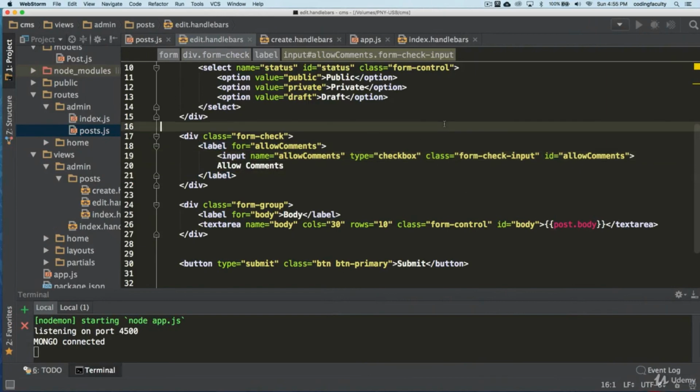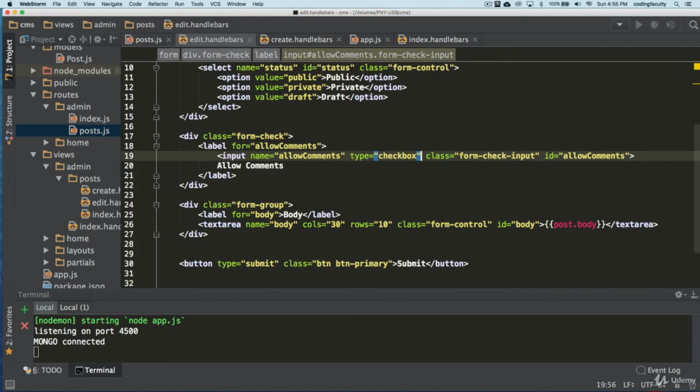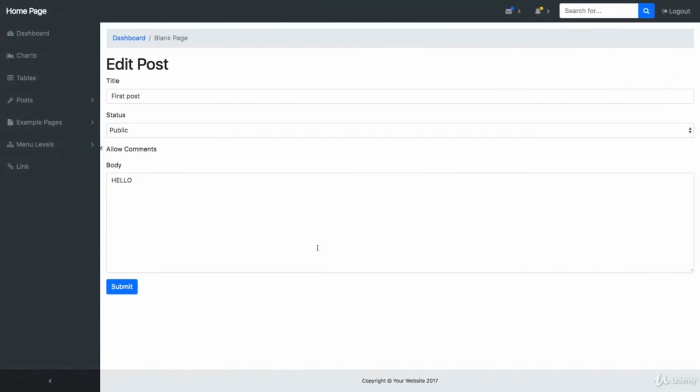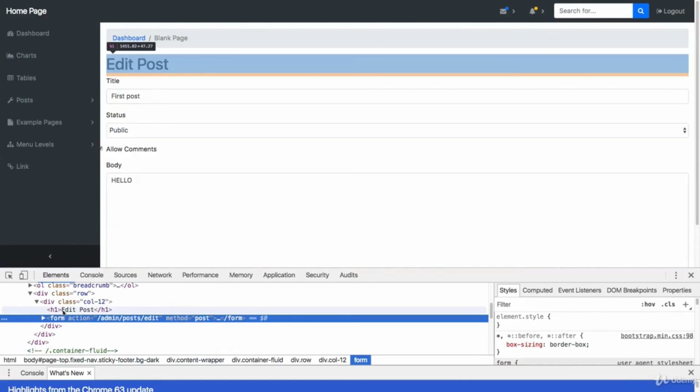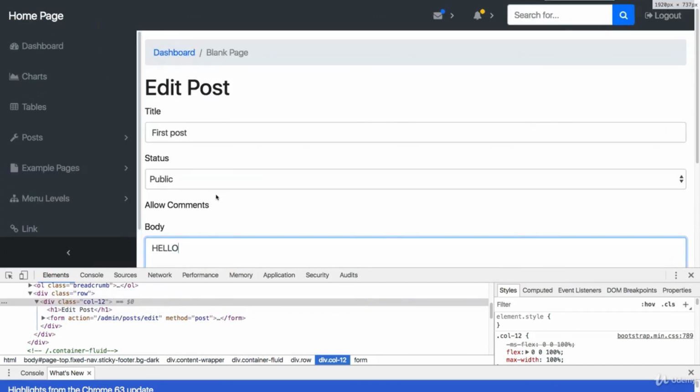Remember that for this checkbox, the data that we're getting from our database is a Boolean value. Okay. So there is an attribute called checked, that if I do checked equals checked, automatically that checkbox is going to be checked. I'm going to refresh and you can see that it's checked there. I'm getting tired of that little thing being outside, I'm going to fix it. But just know that that's what it is.